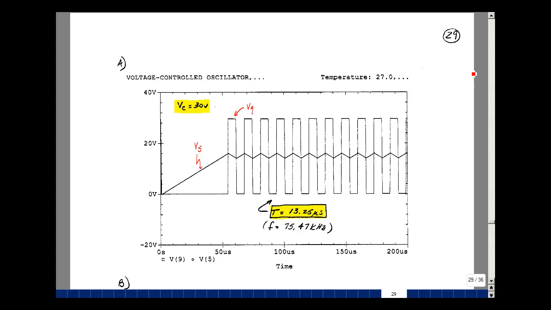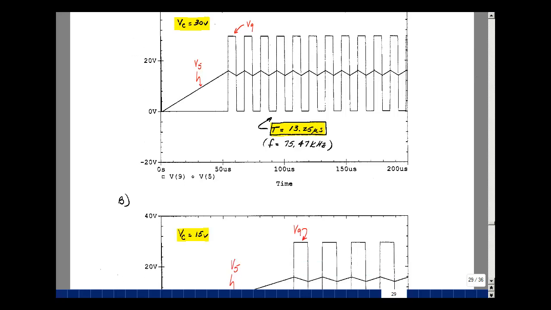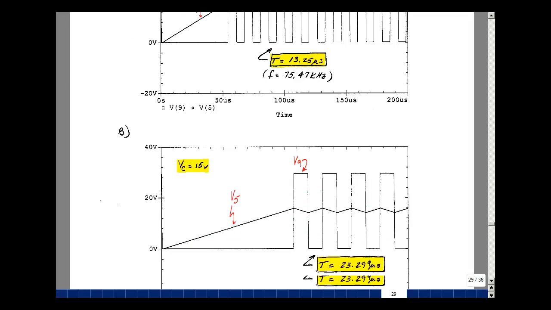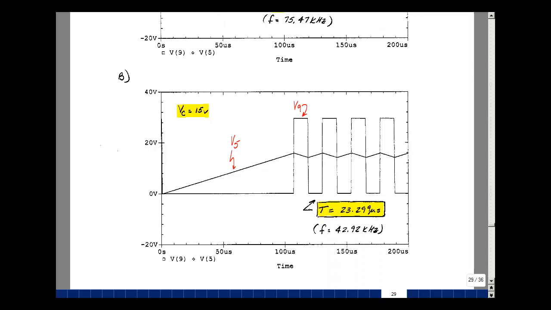kilohertz. I ran the simulation again, but this time I made the control voltage 15 volts. And you can see it takes a little bit longer for the transient analysis, and then in steady state we're again getting this same slope, but just changing the sign of it as we're going on with time. And our output's likewise going from 0 to about 30 volts. Now the period is 23.299 microseconds, which is a frequency around 42.92